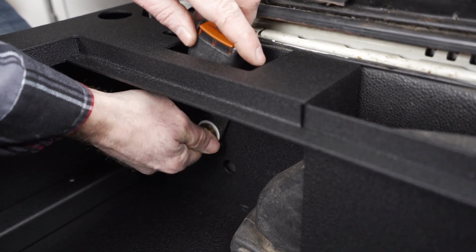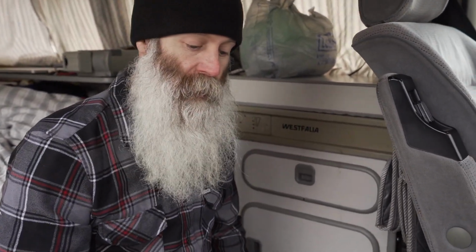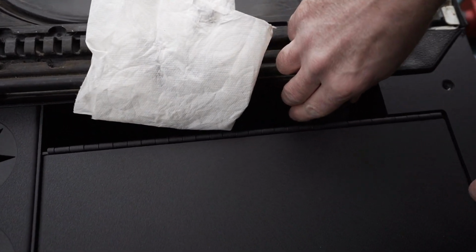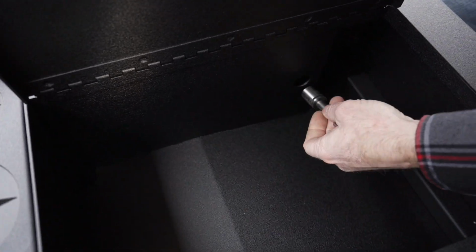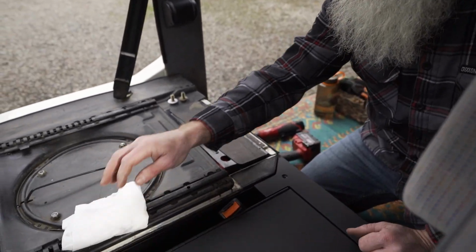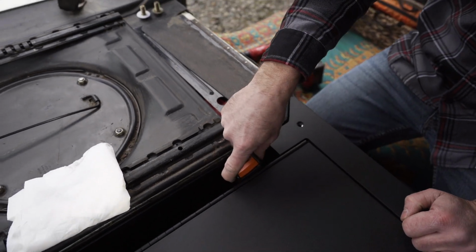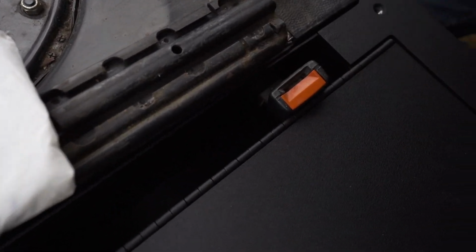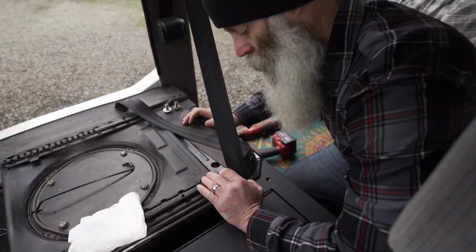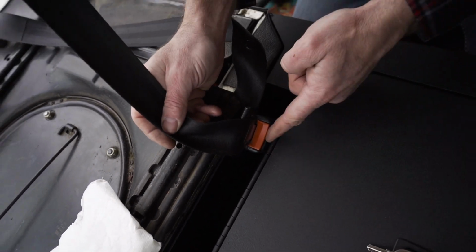I'll install this bolt pretty much finger tight. That way it allows me adjustment forward and back for the passenger side. On these, over the years, a lot of times these will get bent out of the way outwards due to the swivels, and you can see this one here is kind of rubbing pretty good. What we'll do is I'll engage this like so, and then I'll use this leverage to kind of bend that back a little bit, just to give yourself a little bit of clearance here between the map wall and the